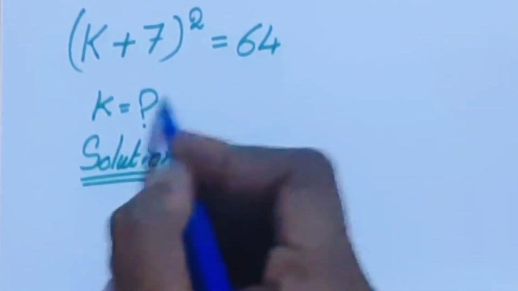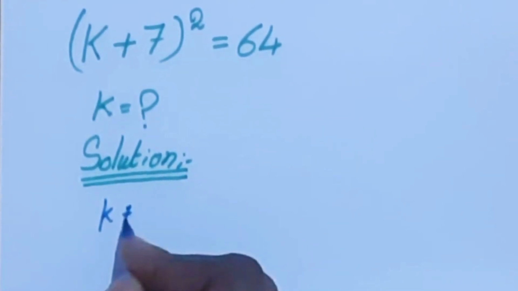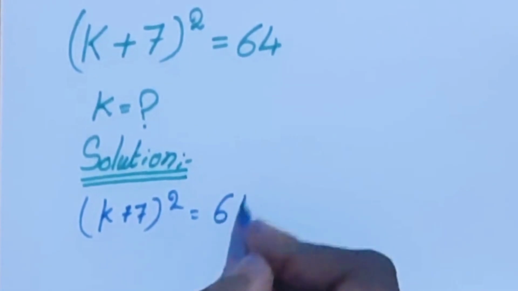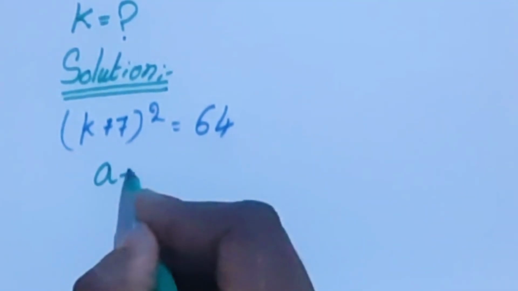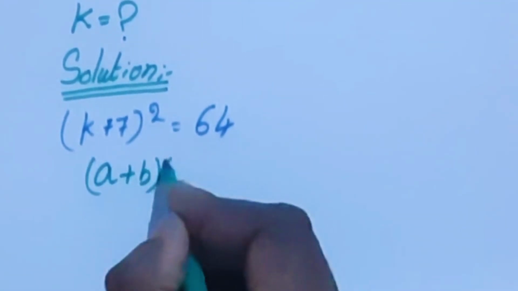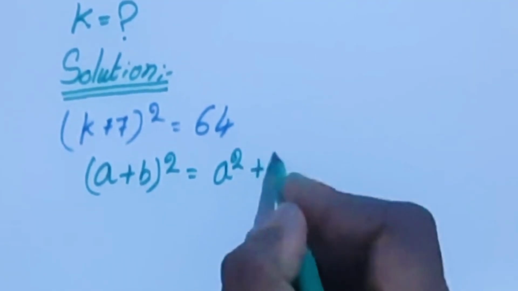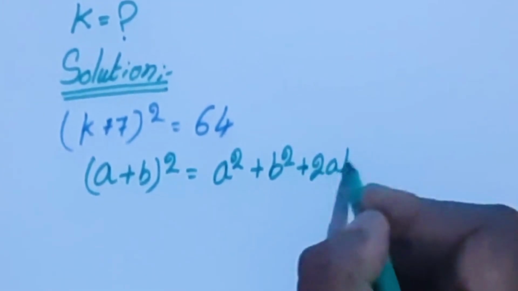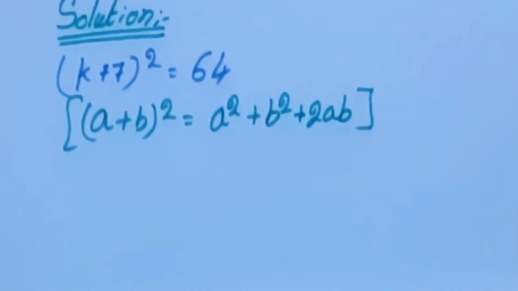Today we are going to solve this problem to find the k value. Solution: (k + 7)^2 = 64. Here we are going to apply this algebra formula: (a + b)^2 = a^2 + b^2 + 2ab. This algebra formula we are going to apply here. So we'll get here